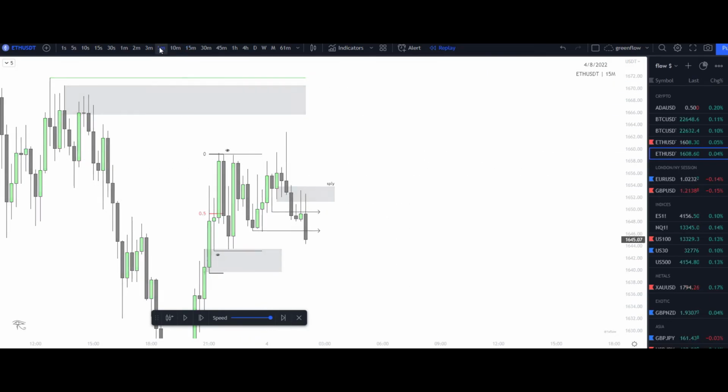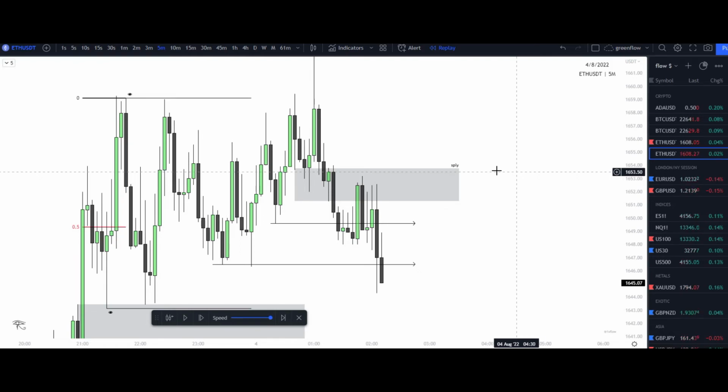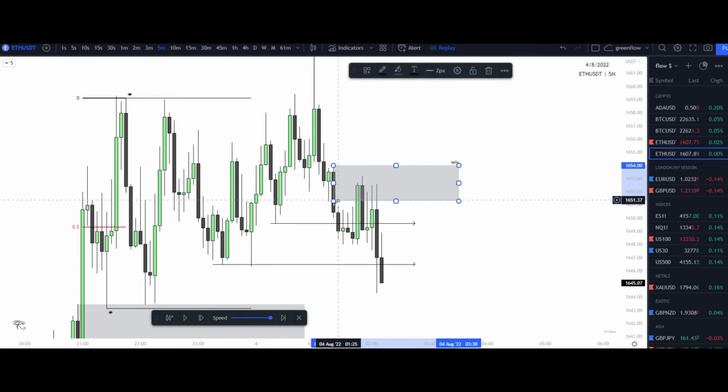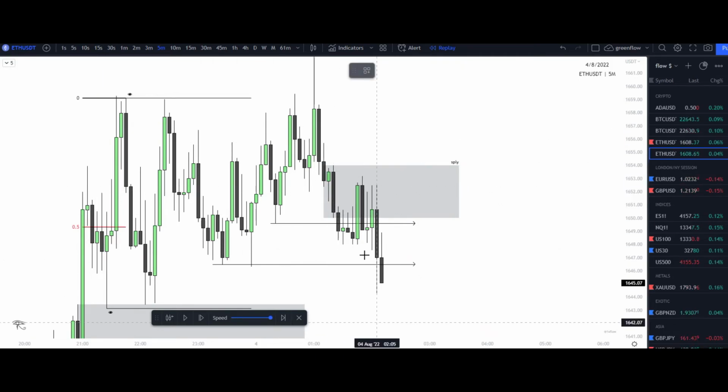Why did I draw it like I did? Let's go to the lower time frames. Let's look for multiple confluences. What is this? Drop, base, drop. Broke structure to the downside. Here's your displacement candle. Candle before this candle that broke structure to the downside lies right here. So it's actually this entire candle, but we can refine that, if we go to discount or premium of our candle and understand that we are showing multiple confluences.